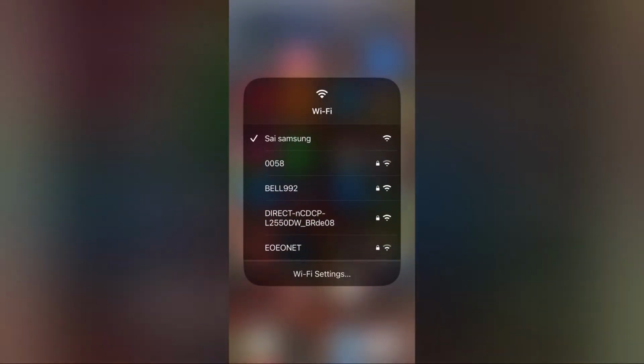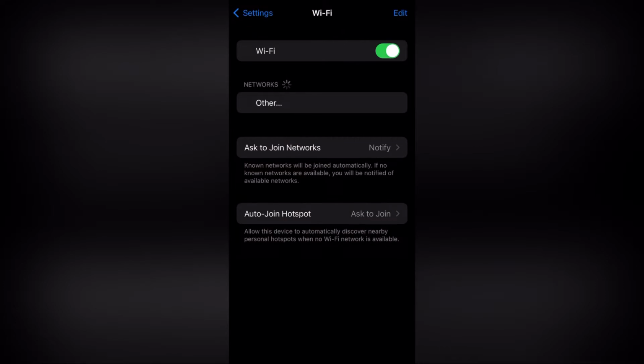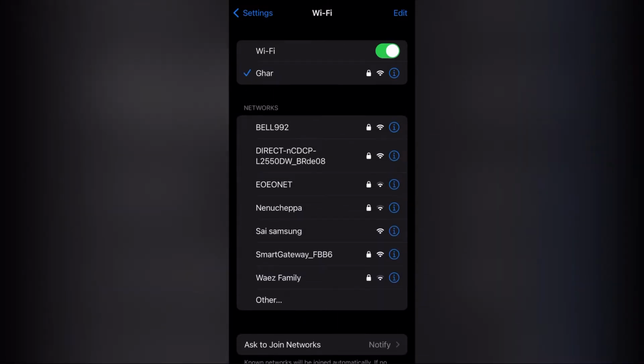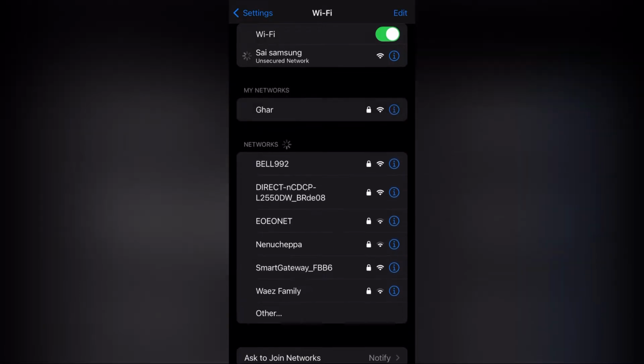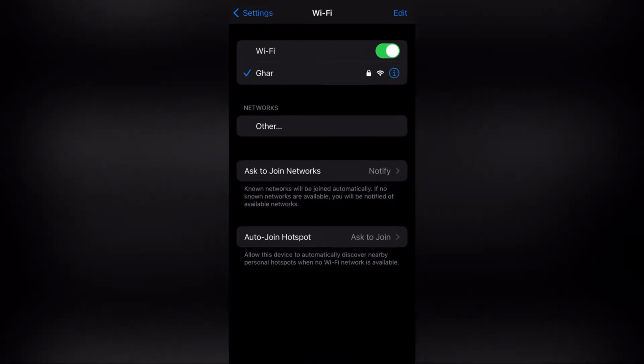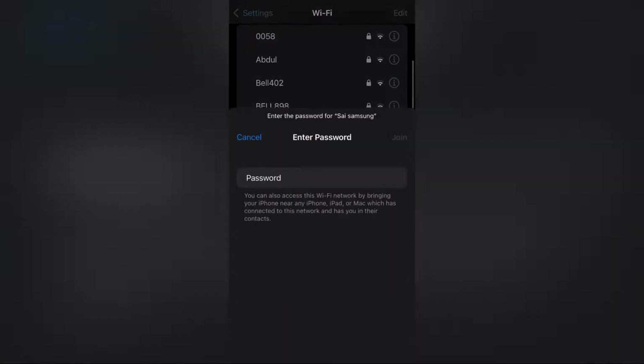It said not allowed. I tried to access it again. As you can see here, I tried to access the one with no password. It did not allow me to join the network again. I tried connecting to the twin access point again. It did not allow me. It directly threw me out of connecting. So after a while,